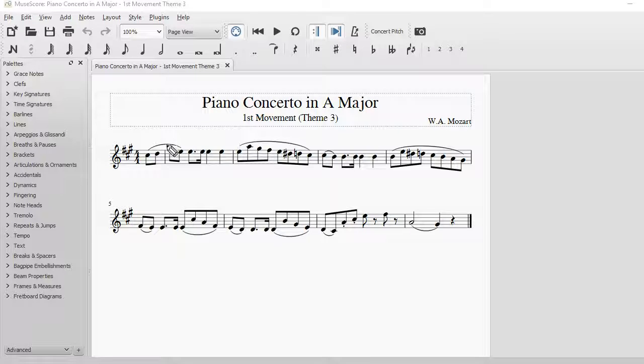Sequence is basically when you state a musical idea and then restate the same musical idea up or down a certain amount of notes. And you can see it here, it's actually used twice in this theme, two different sequences. You got the first one, which goes from here until here, so it's a little 2-bar sequence, and then it's repeated. So you got your second statement of the sequence just here, and you can see how that's the same